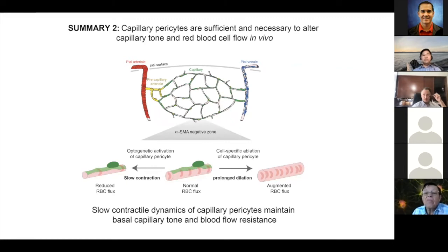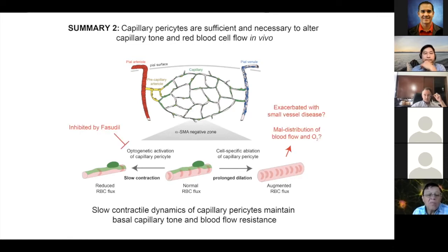And they might actually be regulating that heterogeneity of blood flow, basically creating a level of pressure along different parts of the capillary network to properly distribute blood to all parts of the brain. And that heterogeneity is very important and something that we want to dig deeper into in our next set of studies. I've also shown you that both of these